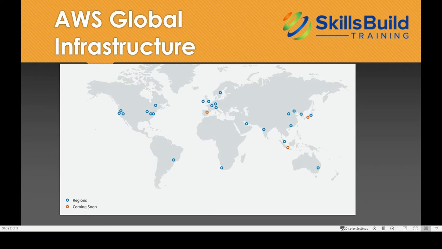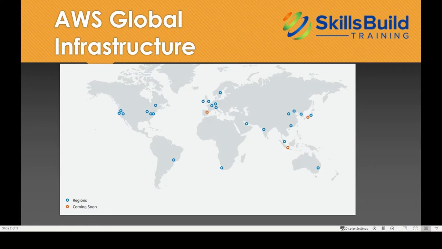With millions of active customers and tens of thousands of partners globally, AWS has the largest and most dynamic ecosystem. Customers across virtually every industry and of every size, including startups, enterprises, and public sector organizations, are running every imaginable use case on AWS. So AWS now spans 76 availability zones within 24 geographic regions around the world, and has